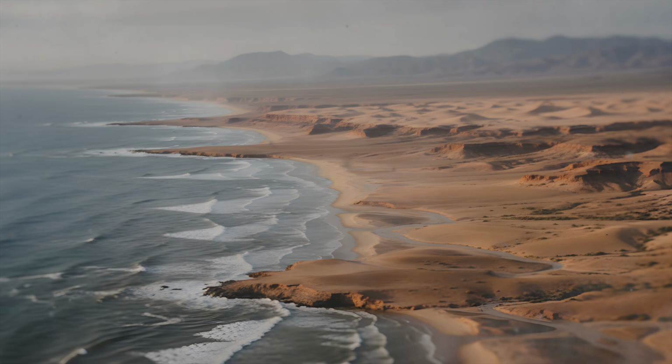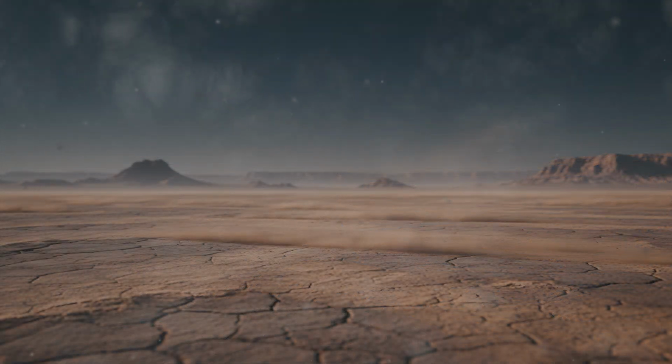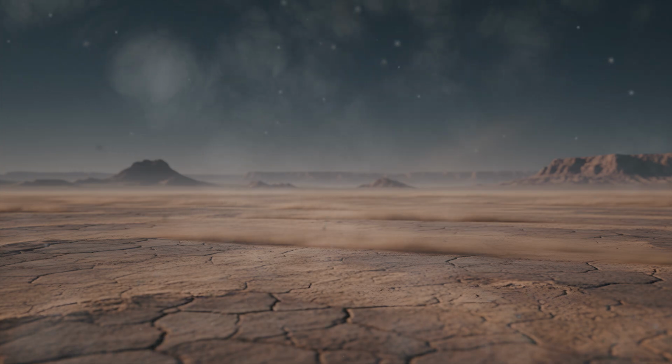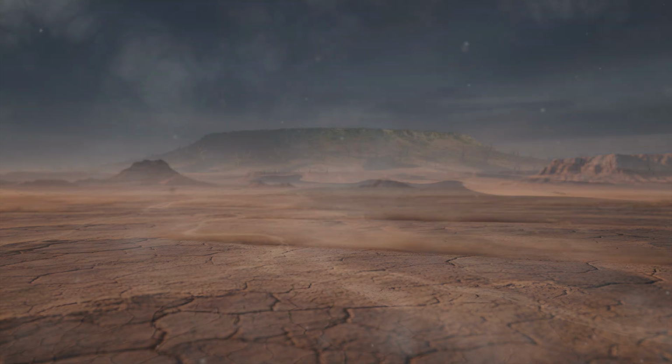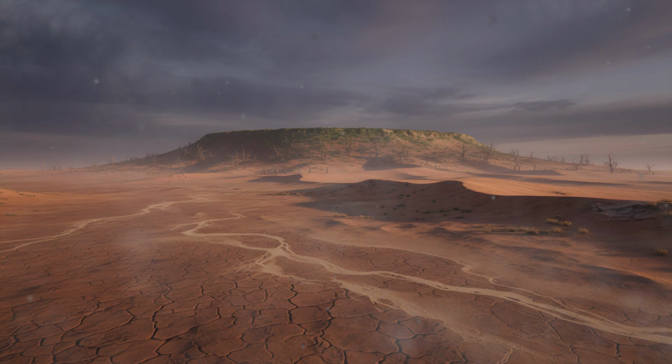Under certain lighting conditions, desert horizons can produce optical illusions such as superior mirages, where distant objects appear elevated or distorted due to temperature gradients in the air. These visual phenomena occur when light bends as it passes through layers of air with different densities. Travelers throughout history have reported seeing phantom lakes or floating landforms as a result.